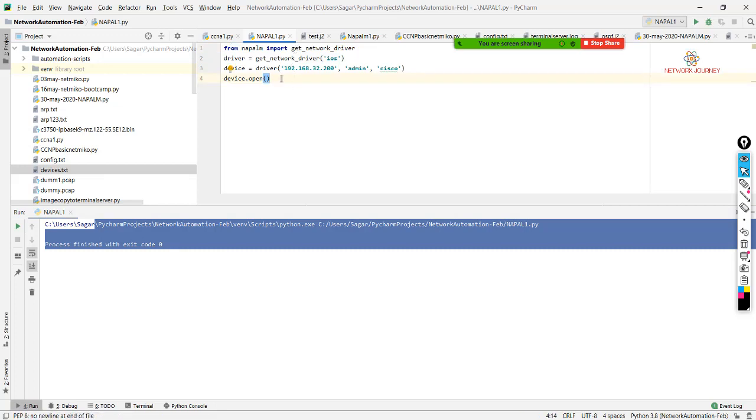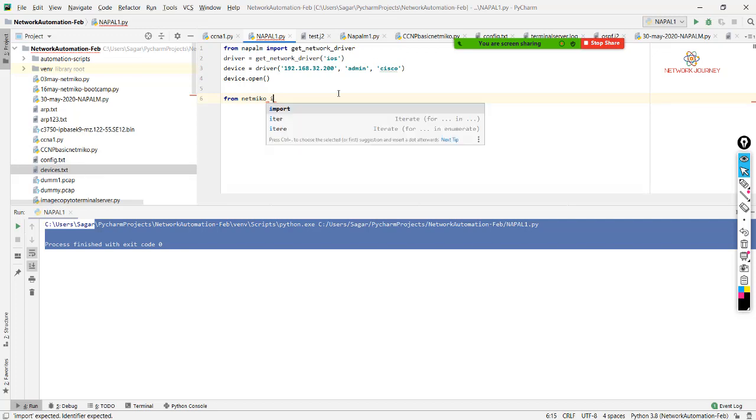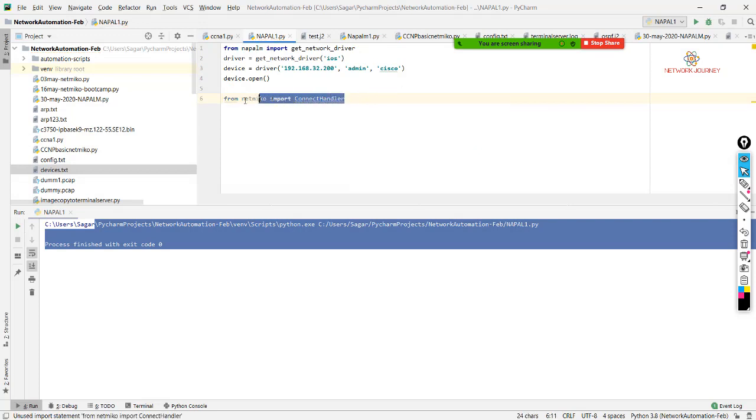Okay, so let me tell you what these four lines are. The first line, as usual, is calling up the module and those SSH drivers. In the case of Netmiko, the Netmiko developer made use of a transport channel called connect handler. Remember, this was in the case of Netmiko.